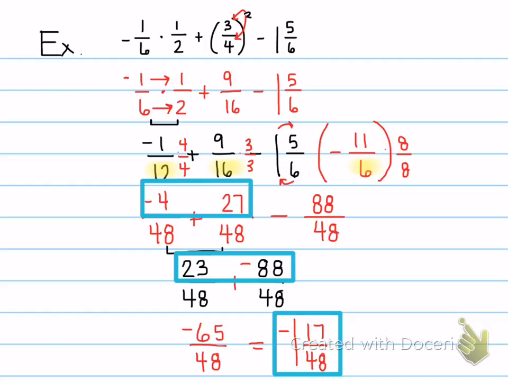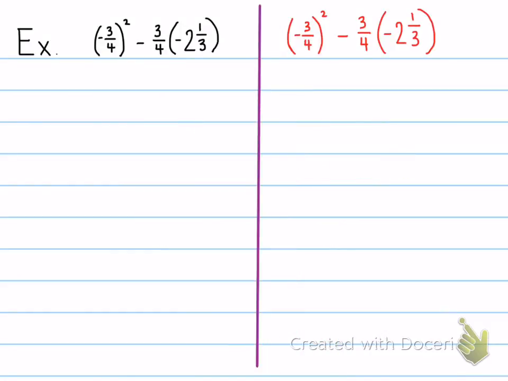Let's do another one. Now you're going to notice that I have this next example written 2 times because there's something I want to show you that might make things quicker for you in your math. Try the problem out and then I'll go through the 2 separately. Okay, let's start with the left side. If I'm solving this problem, I don't have any grouping symbols. Again, I know it looks like it, but this one right here is actually showing multiplication. You're multiplying 3/4 times -2 1/3. And the other one is just showing the fraction that you are